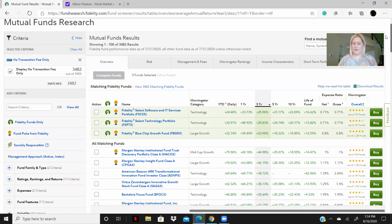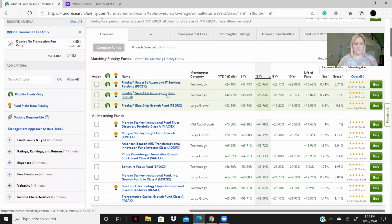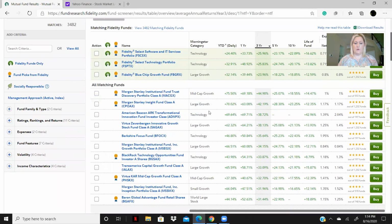Okay. So when it first comes up, first it's going to show you there's 3,482 no transaction fee mutual funds. These top ones are just a couple of Fidelity ones that they give you, they want to show you what they have to offer, a couple of options. What I like to do when I'm first